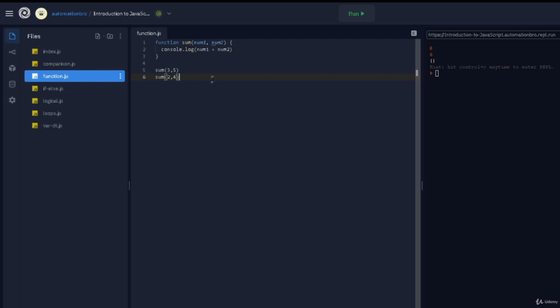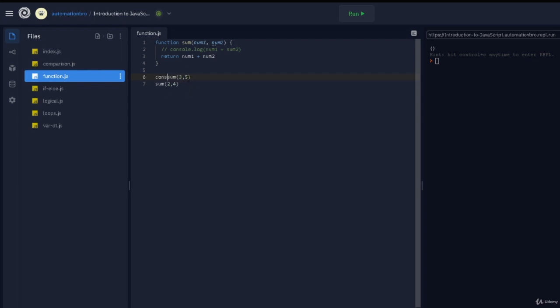And functions are not just limited to printing stuff out, right? Instead of printing out, typically you would want to return something. So what we can do is comment this out, and I will just do return num1 plus num2. Now look at what happens if I actually run this. Nothing really happened here. What's going on is, when we call this function, we're getting this data, the value, in this scenario 8, being returned. But we are not really doing anything with that value that's being returned.